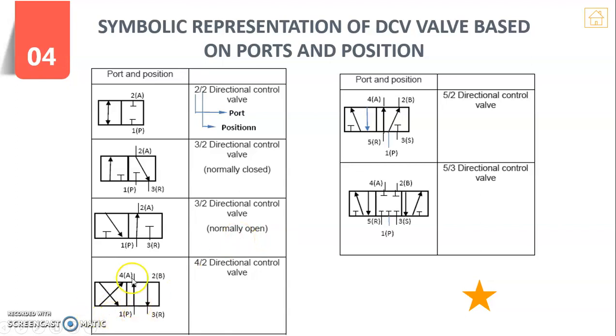And the 4x2 valve, where we have 4 ports and 2 positions. And the 5x2 valve, where we have 5 ports and 2 positions. We even have a 5x3 valve also. The third position acts as an idle position or maintenance position. Similarly, in our four-wheelers we have a neutral point, the same way. Here is the idle condition where nothing has happened. In that position, if you make your valve be in that position, you can maintain the system or valve without disturbing the input and output side. For that purpose we prefer this type of valves.